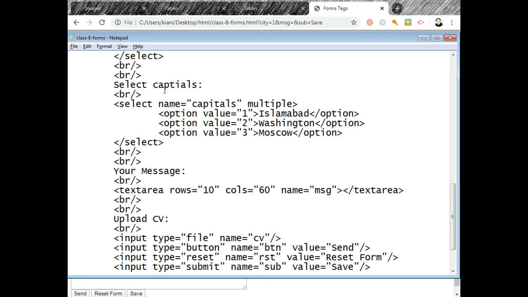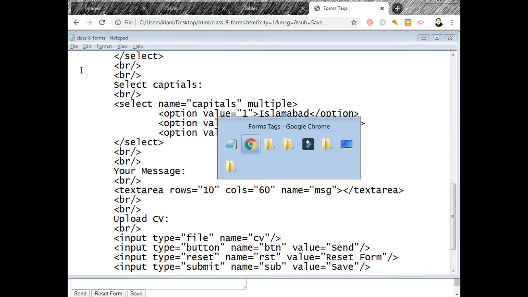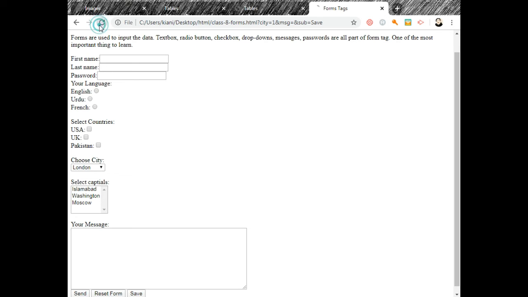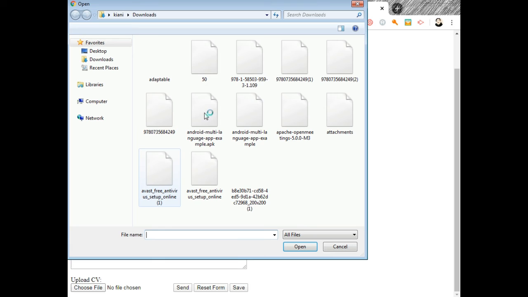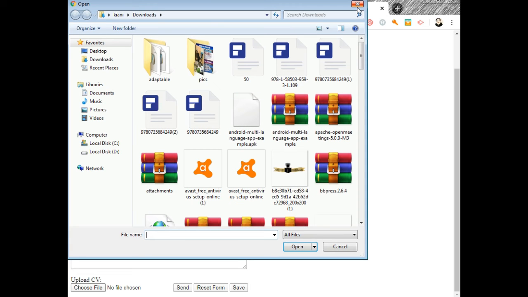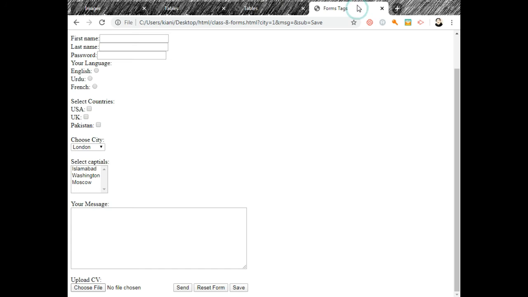So this will create a browse button. Very simple. Refresh it and you see this is upload CV. When I click choose file, I can choose the files.